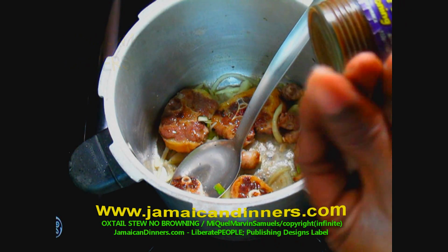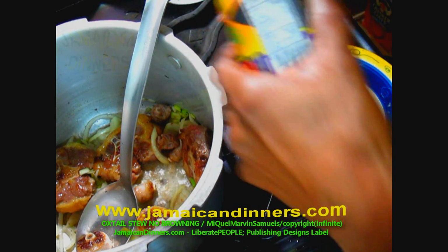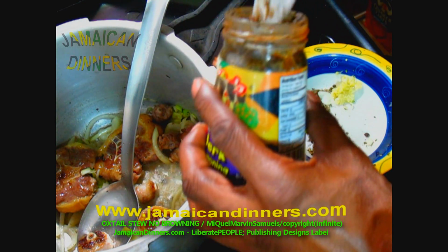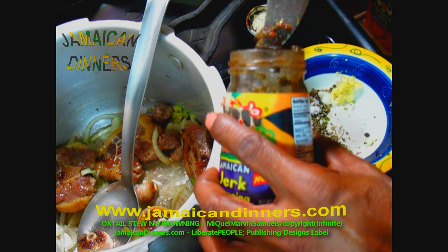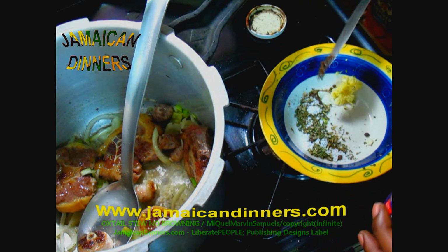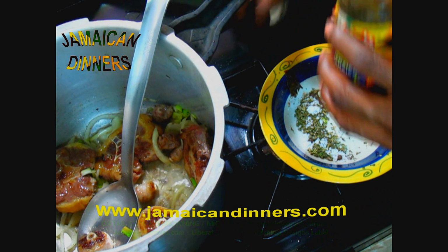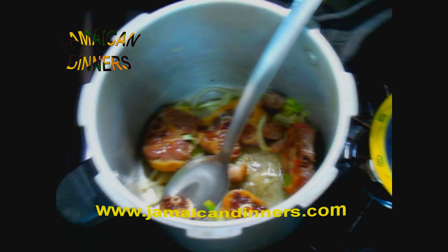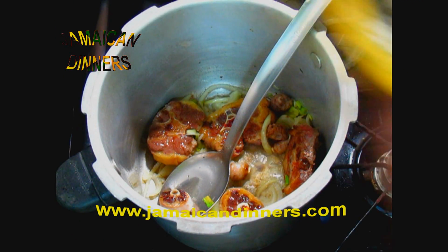Alright, you can add less than a 1/4 teaspoon, like a pinch, of jerk seasoning. That spruces up the flavor as well, and it's optional. You can use A1 sauce if you don't have jerk seasoning. You can use any kind of meat sauce, but natural. Alright. After a minute,